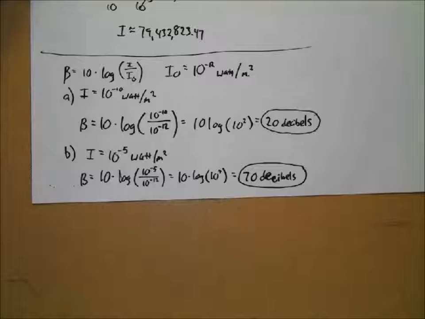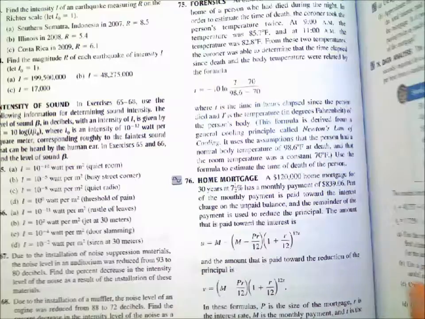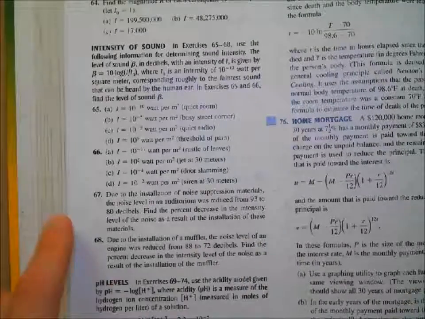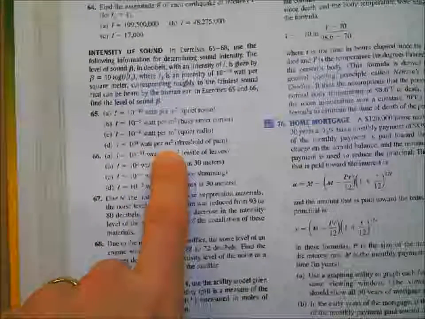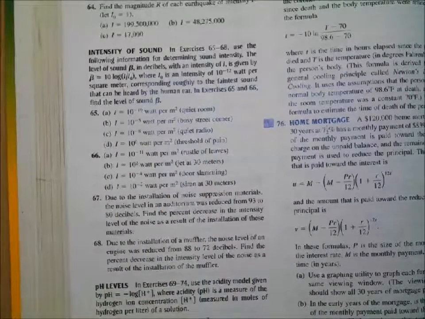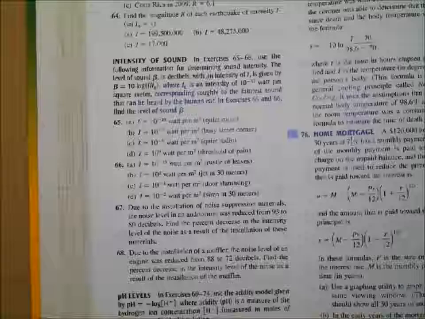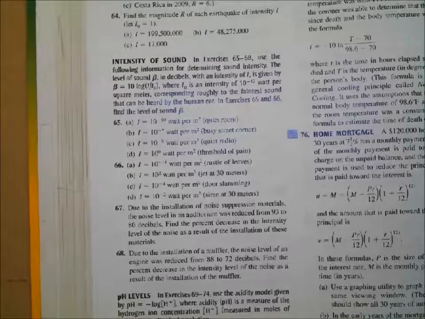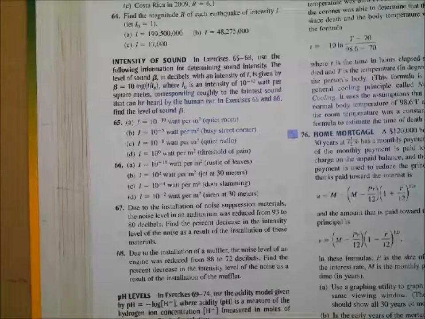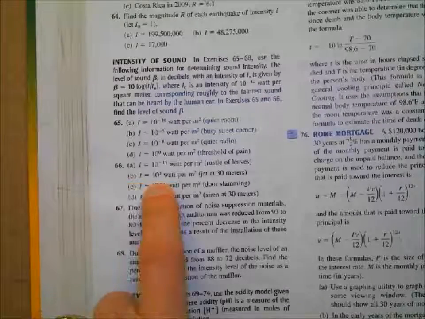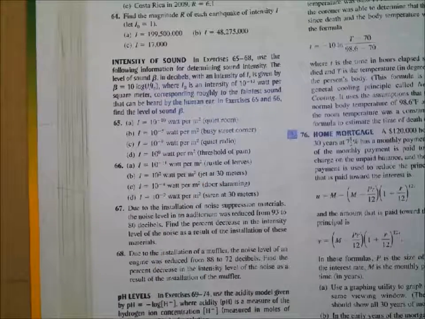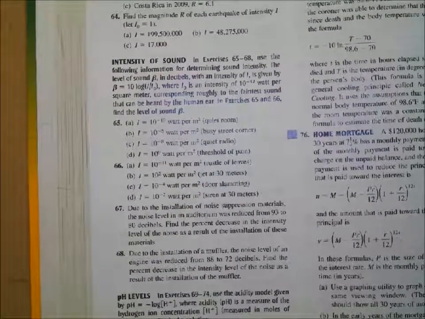The book has some other interesting quantities here. Letter D, apparently 10 to the 0 watts per square meter. That is the threshold of pain. So I guess beyond that amount of sound, people start to experience pain. I don't know if everyone starts to experience pain, or just maybe some people. Because then you can also see here for letter B, at 10 squared watts per square meter, that is the sound of a jet at 30 meters. I can't say I've been 30 meters from a jet, so possibly. But I guess you see all those people at the airport with the